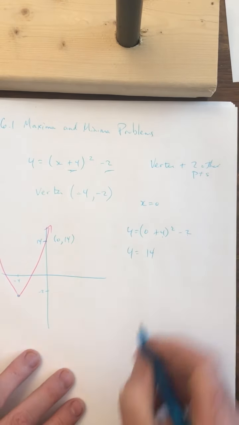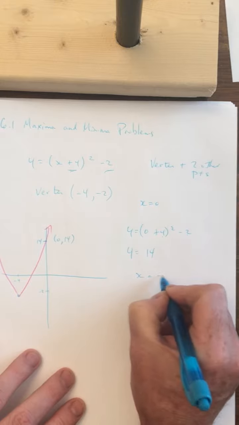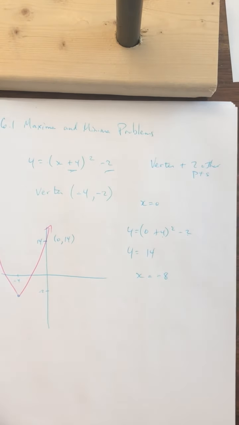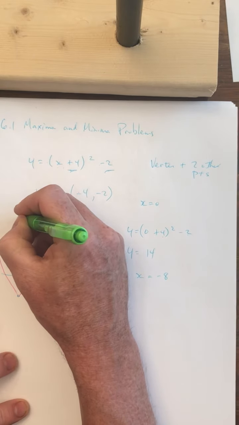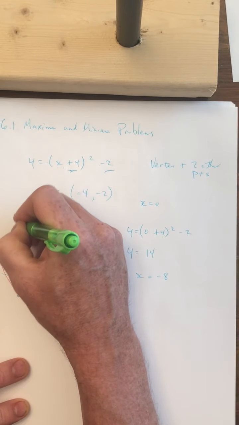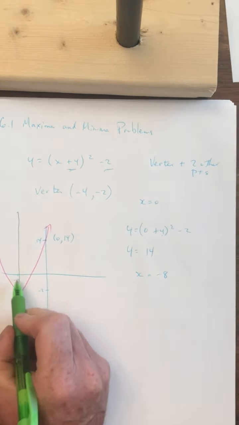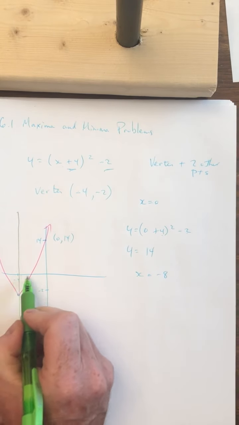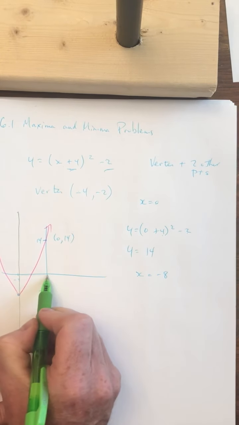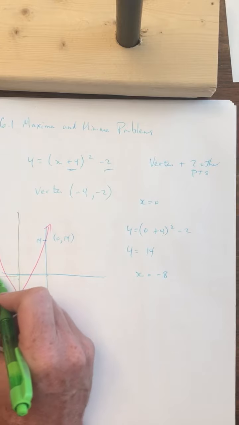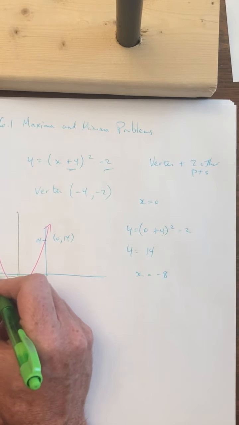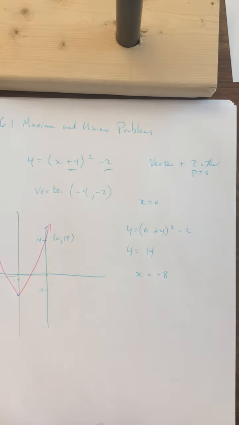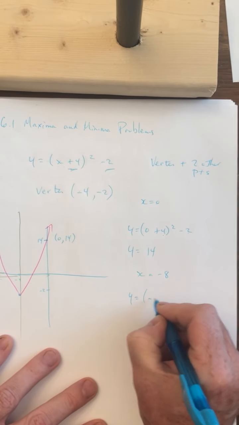I need to find another point. I'm going to pick -8. I can pick any point, but in this case, I know this is the axis of symmetry at -4. Since I picked a point that is 4 to the right, I'm going to pick a point that's 4 to the left, which will be at -8 on my x-axis. So when I sub that in